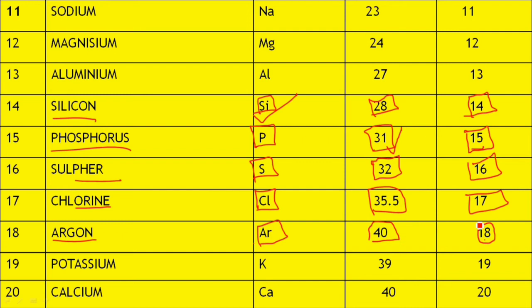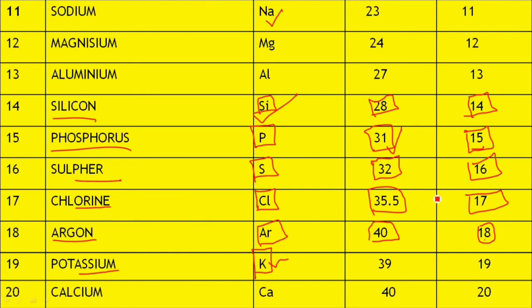Next, potassium. Its symbol is K. At the end of this video, I will explain why they wrote K here, and for sodium why they wrote Na. They could write So or something. Why do they call it like this? At the end of the video, I will tell.